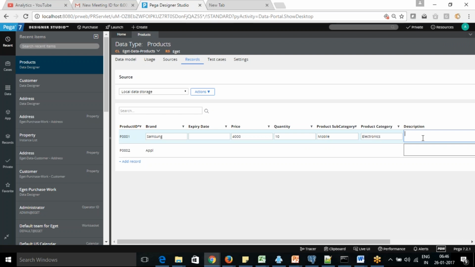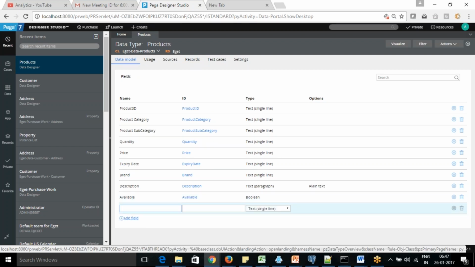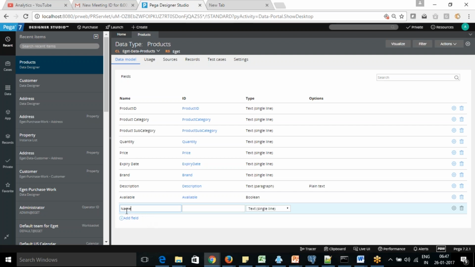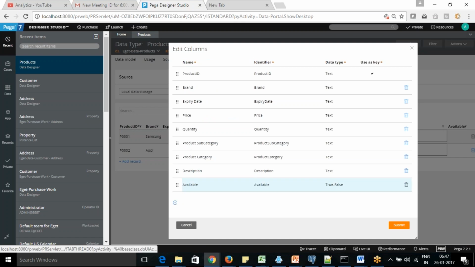One more thing I missed, product name also is not there. Okay, yeah, product name should be there as well. Okay, so that will give you the complete information about the product. Again we go to edit columns and add the same here.